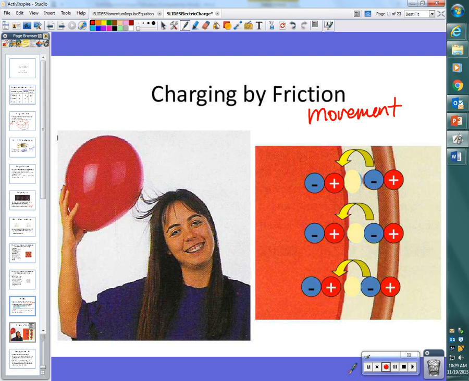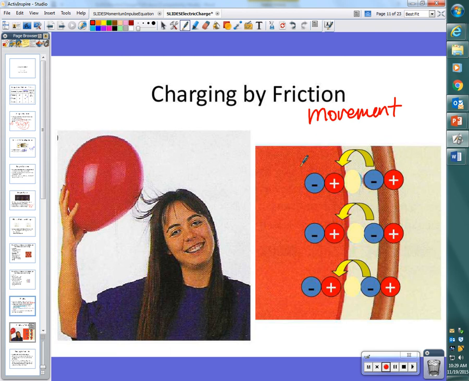Now, here is an example, probably one that you've seen before. Sorry, you guys don't have this picture. You might have to just make a little note on the front side where it says friction. So here is an example that most of you are probably pretty familiar with. Have you ever seen somebody rub their head with a balloon? You've probably done it before. As the balloon slides across your hair, if you have hair,